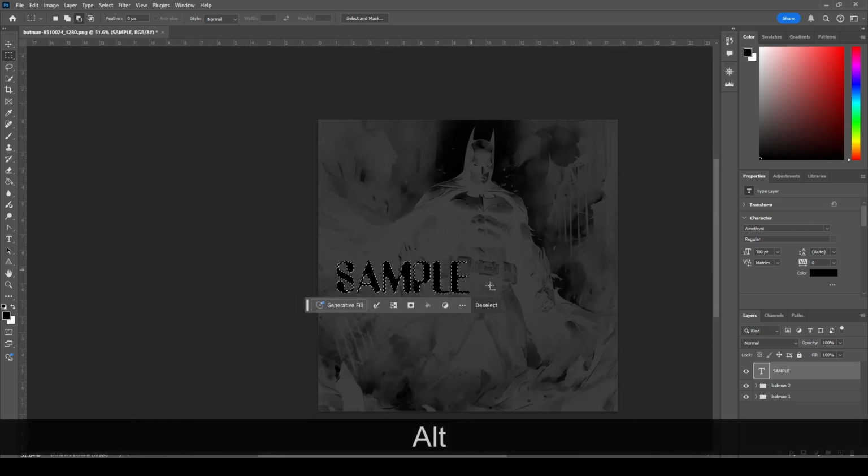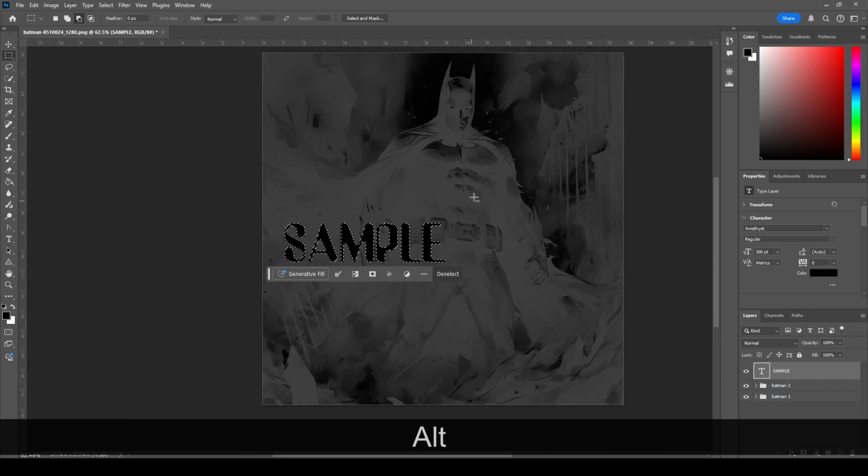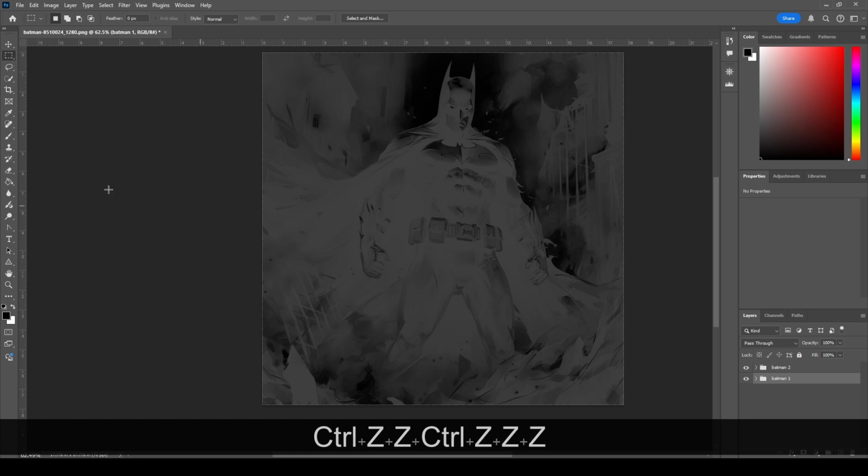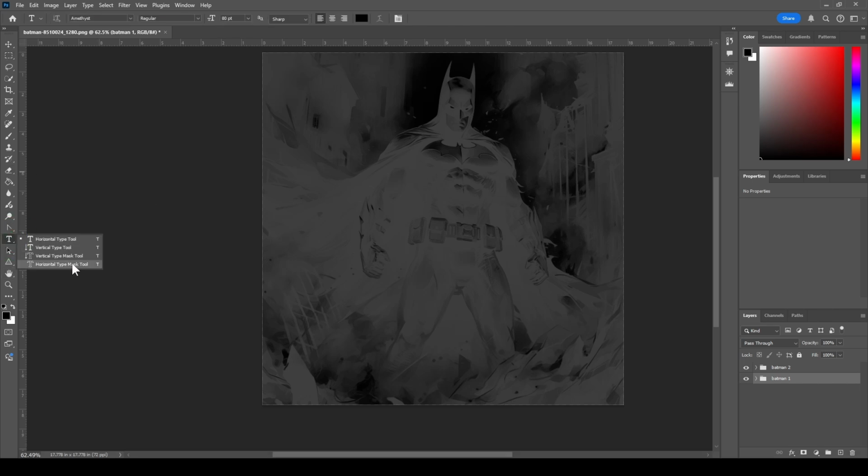Okay, so that's what you have to do if you don't have this version of Photoshop. But if you do have this version, things are a little bit more simplified. You can just go straight to the horizontal type mask tool. Alright, so I'm gonna type in